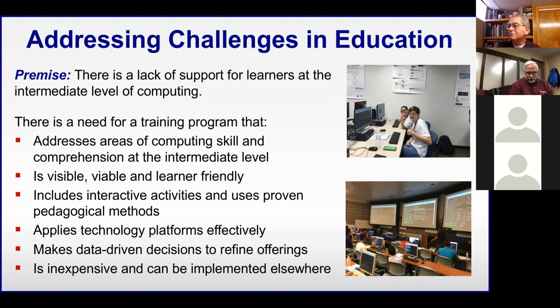Another really important thing that we think is really critical is to try to collect numbers about what you're doing so that you can make data-driven decisions about what you're doing and how to change it and make it better. So overall, these are three projects that could potentially be adopted elsewhere.